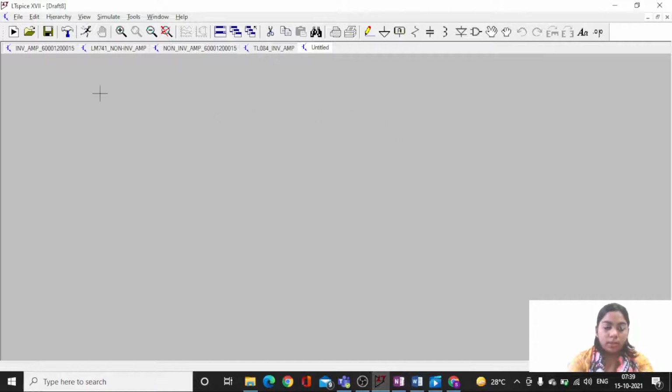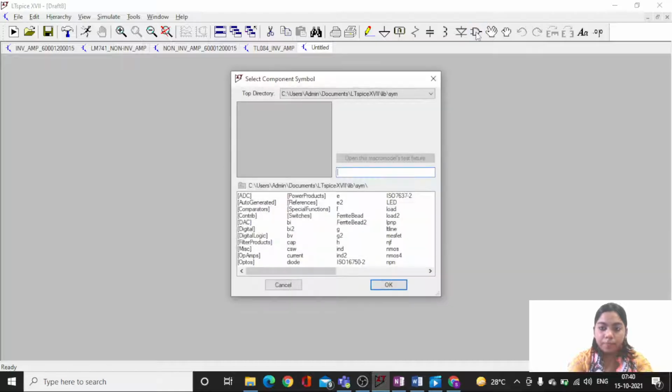This workspace has many tools available. As I hover my mouse over these symbols, I can read a label. For example, if I hover over this one that reads component, once I click on component, I get a pop-up window and a search box where I can type.